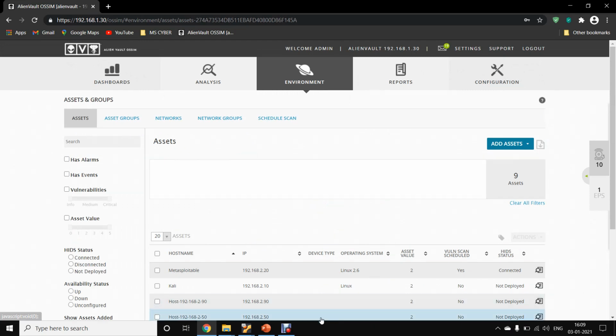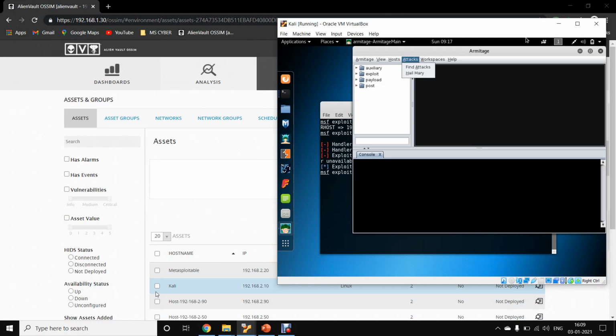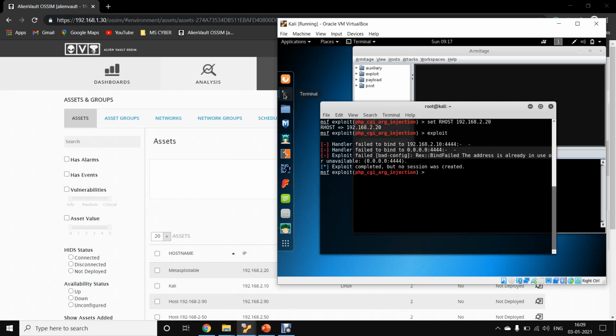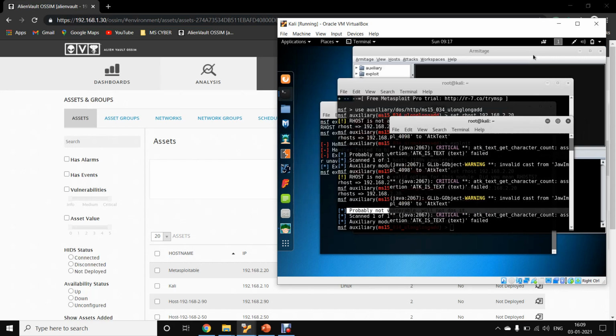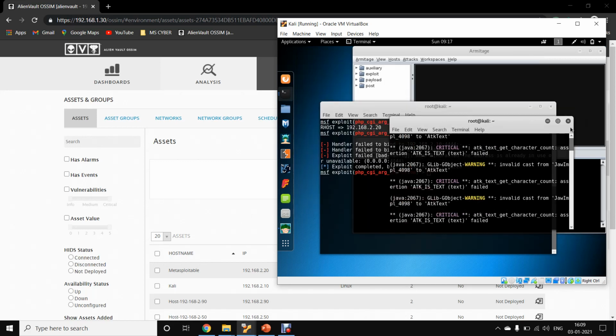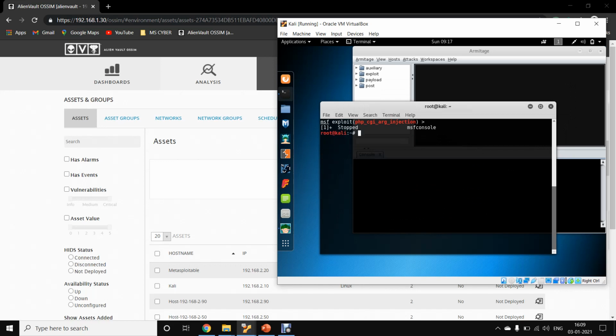So let's come to the last attack, which we used for cross-site scripting using the Nikto tool. So let me find where. Nikto, let's give the IP of Metasploit and enter.